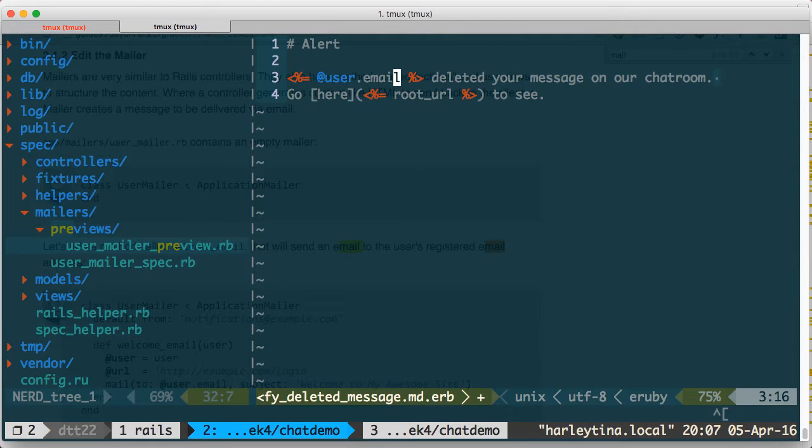User.email deleted your message. Well, I can't show you the link to the message anymore, right? So that's not good. But I still can have the message ID. Because it's passed there, maybe I call it. I display, "Your message was,"